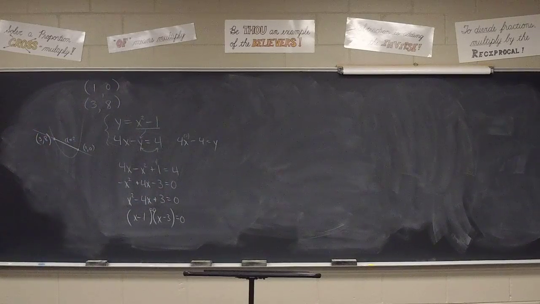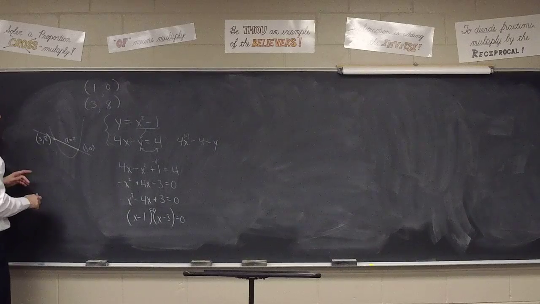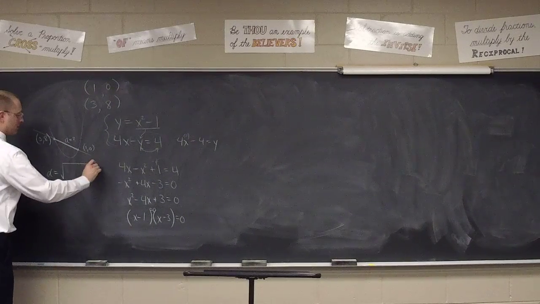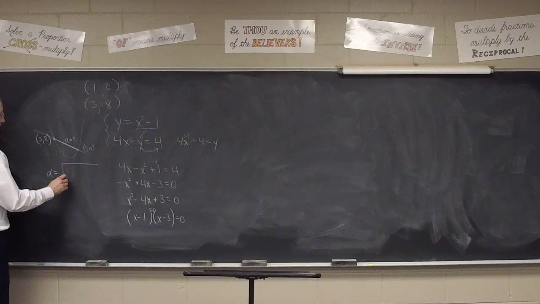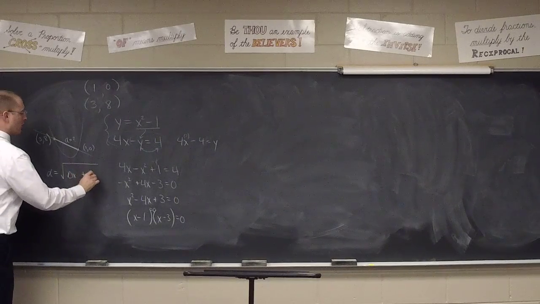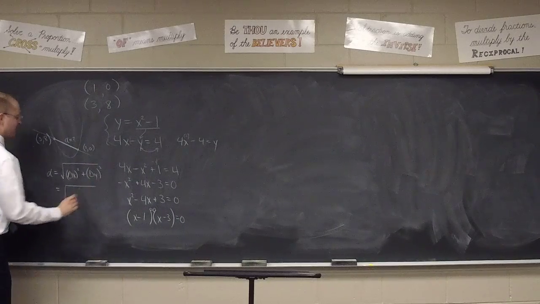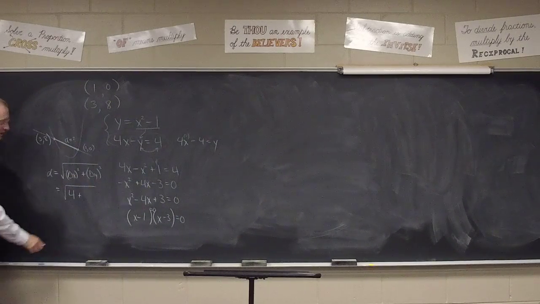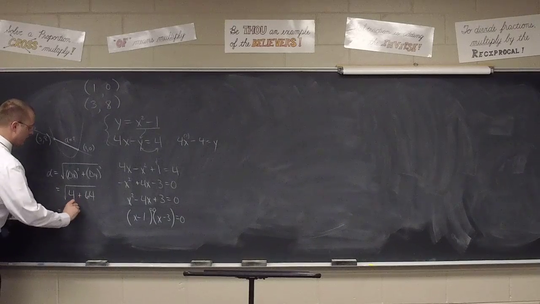Okay, all right, so let's come to Quentin then and have you finish this out for us. If (3, 8) and (1, 0) are my points, how do I find the length of the chord? It's the square root of the change in x plus change in y. Well, close. Squared. Squared, there we go. Change in x squared plus change in y squared. So the change in x is 2, squared, 4, and the change in y is 8, squared, 64. And we add it together, we get the square root of